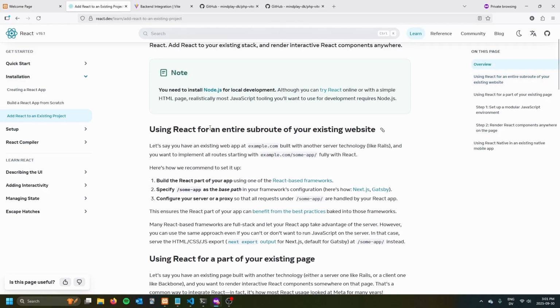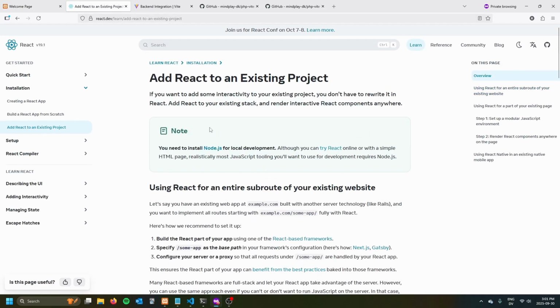In this video, I'm going to show you how you can integrate React into an existing PHP application using Vite to set up a modular JavaScript environment and then render those React components on your PHP pages. Basically what we're going to do is if you go over here to the React documentation and you search